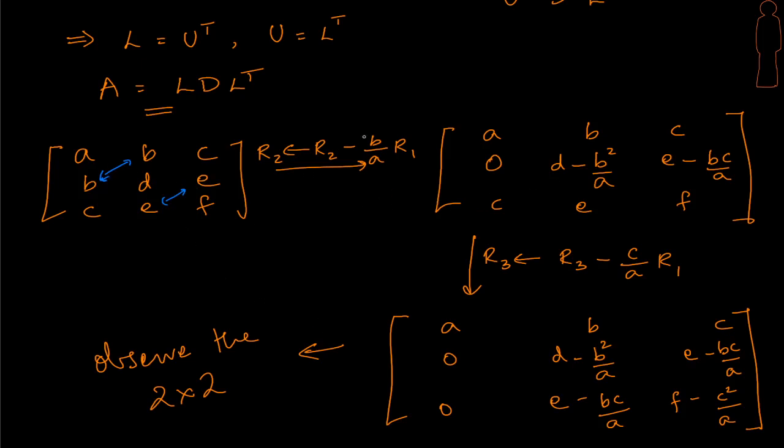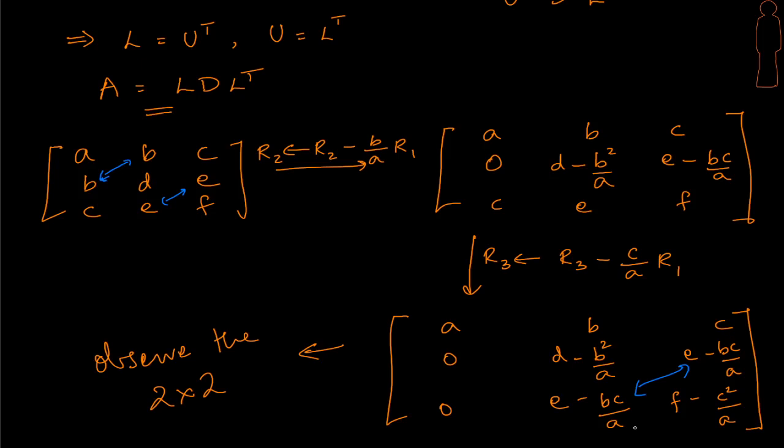The row transformation is going to be R2 minus B by A R1, right? So this is my pivot and my coefficient. When I do this, I get the second row to change like this. The next element to go is this element C, and we will do R3 minus C by A R1, and when we do this, we get the third row changed this way. Of course we could proceed, but the interesting point is to just observe this 2 by 2 matrix, and the observation must look at these two elements, right? It remains symmetric, right?